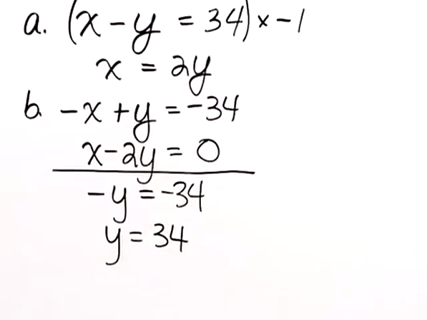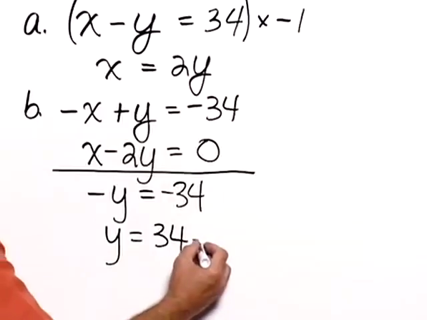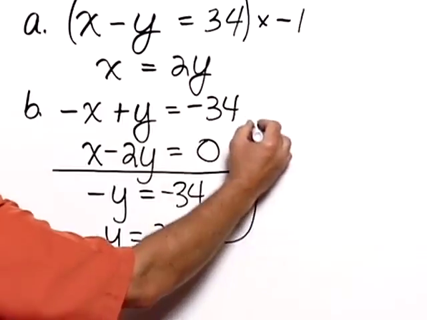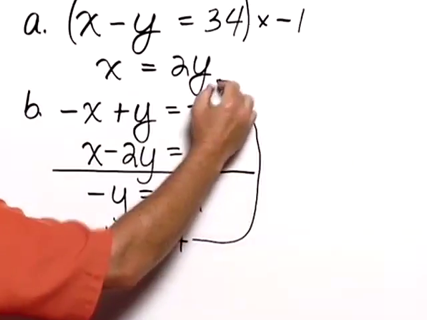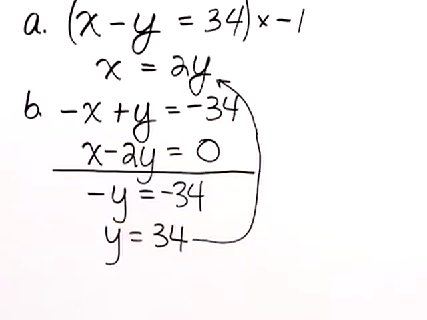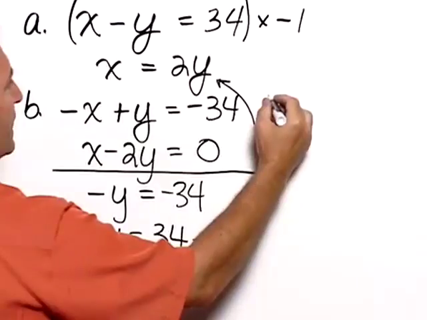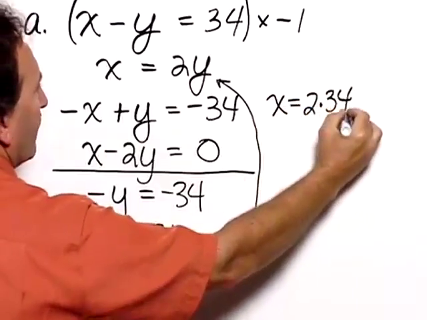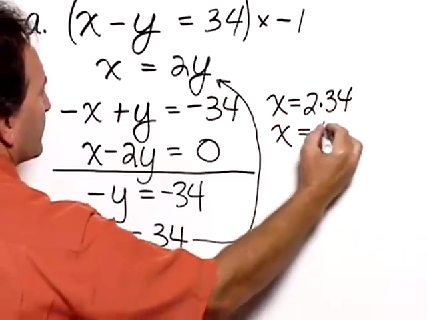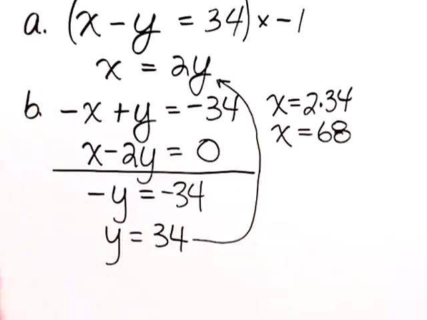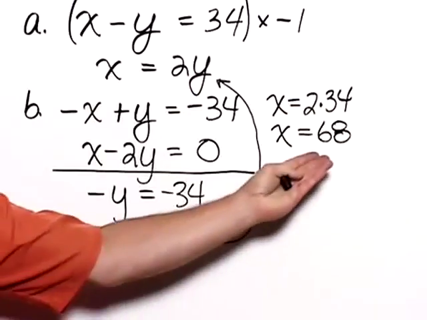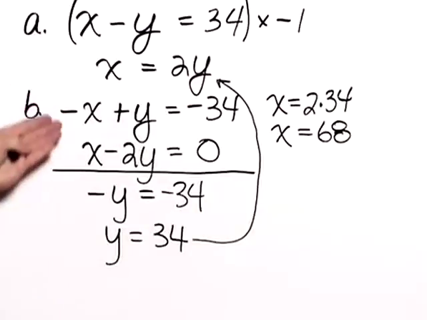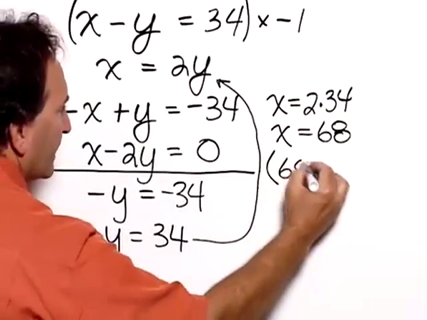What we need to do now is to take this value of 34 and substitute it in for the y value here. So what we get as a result is x equals 2 times 34, and that means x is equal to 68. Now, with this system of equations, we have found that the ordered pair that solves them, or that is the solution to them, is 68,